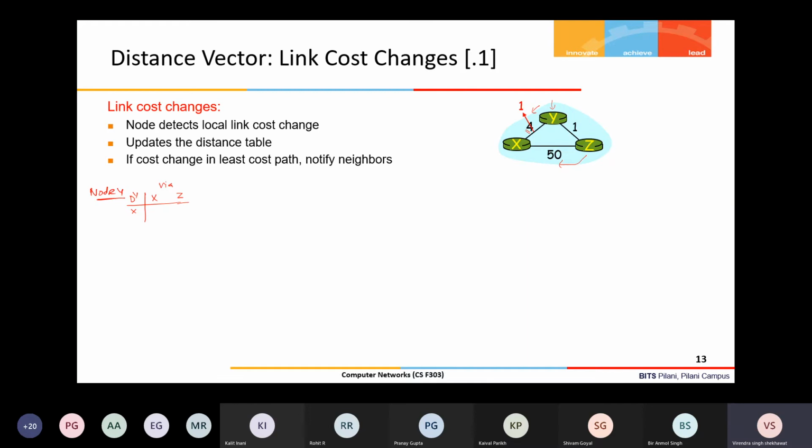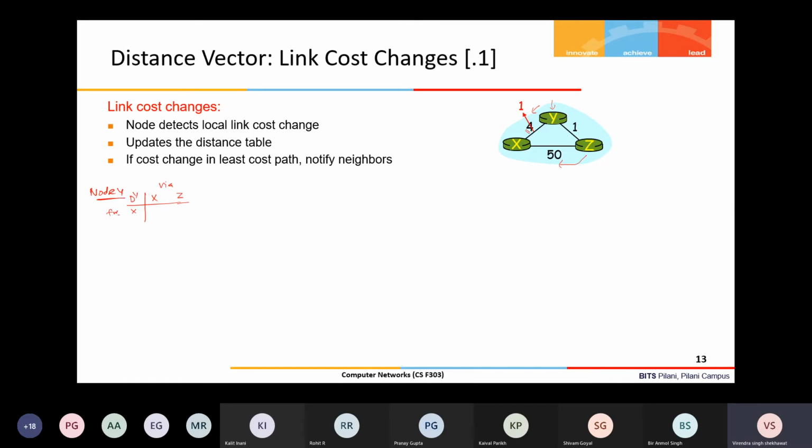So before this change, before it becomes 4 to 1, when it was 4, what was the cost for X via X and via Z?